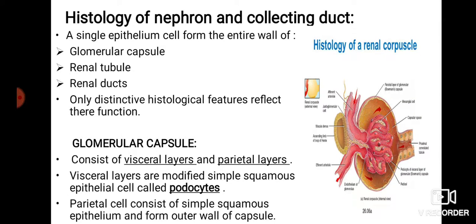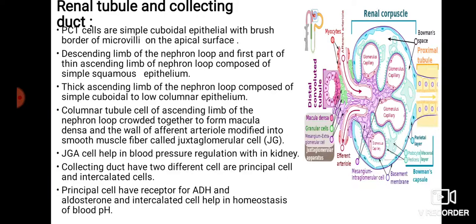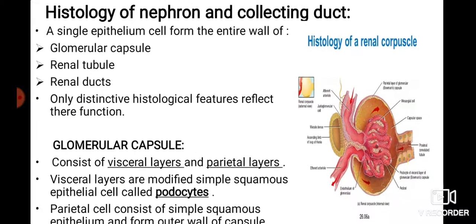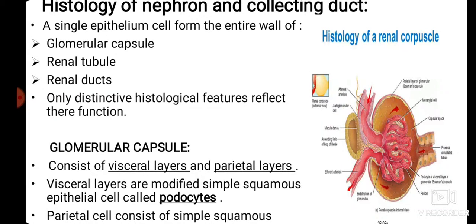the visceral layer is also composed of a simple squamous epithelium layer. The space between the two layers of the glomerular capsule is known as the capsular space. Here this is the space, Bowman's capsule, the round white one, is also known as Bowman capsule and also we call it the capsular space. Okay.